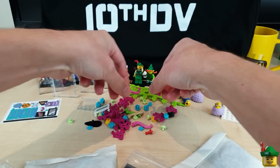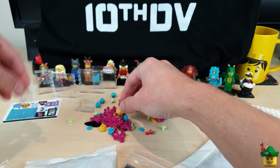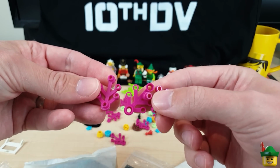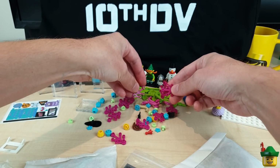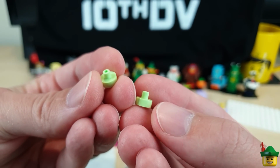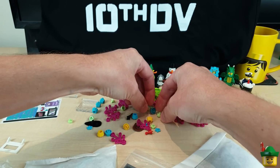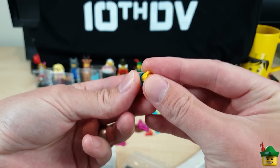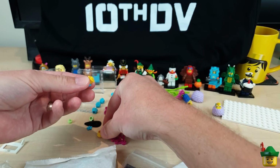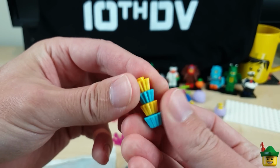Some tentacle pieces, pink, tan, lime. Come to that in a minute. Lots of these in that nice magenta colour. Little bits there. These are going to be really useful just for pinning certain plants to the sea bottom. And then I've got loads more of these Trolls kind of cupcake pieces, which I've got, was it last time or the time before, that I'm thinking of stacking